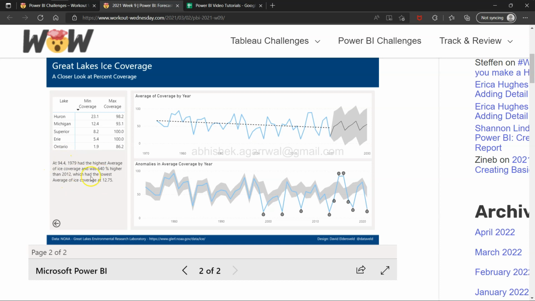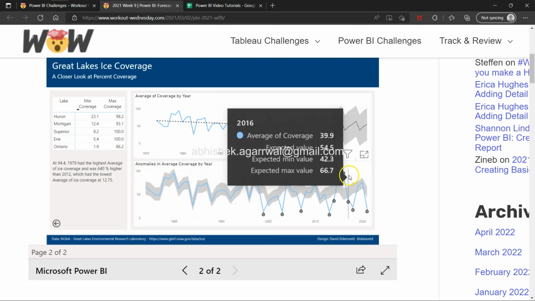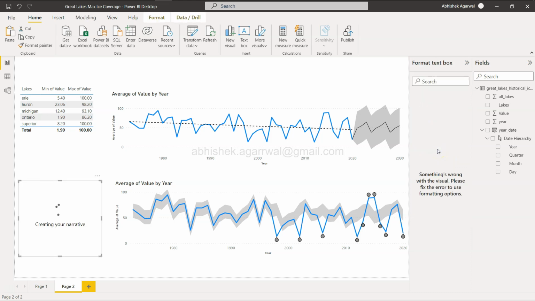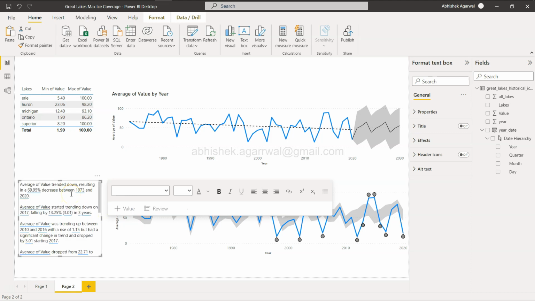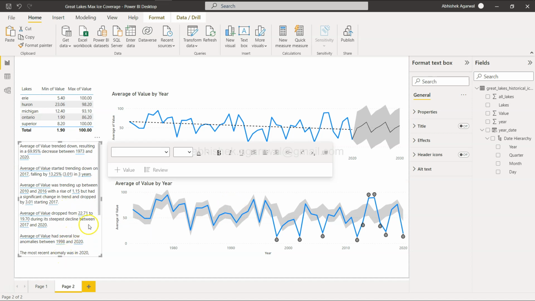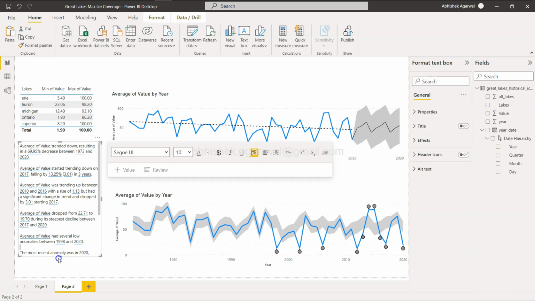The next thing is some analytical point. Now this is up to an individual or analyst to analyst, like they want to view it holistically or go point by point. My recommendation is either you go in depth into the data and cover the lowest point to the highest point and so on and so forth, or you have a way to add the smart narrative, creating your narrative, not just one point but many points, right? So this you can add in your visualization, bring it down, and that I feel is like